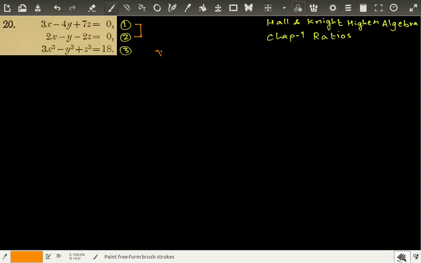We get x over minus 4 minus 2, which is minus 8... wait, the denominator is 1 minus 7, which is minus 7, is equal to y over 7 times 2 is 14, minus 3 times minus 2 is minus 6,